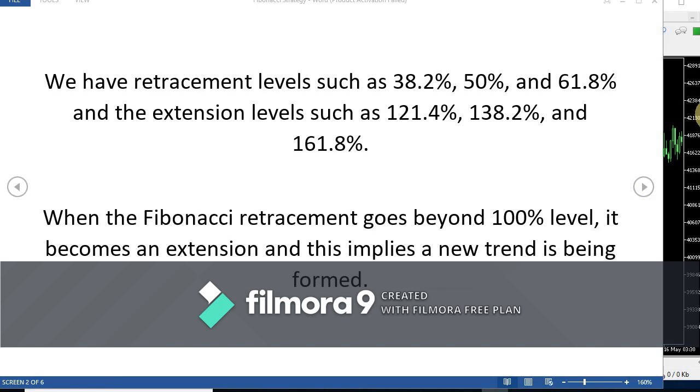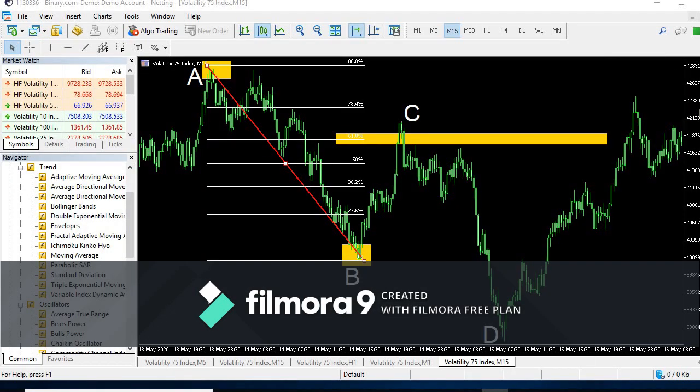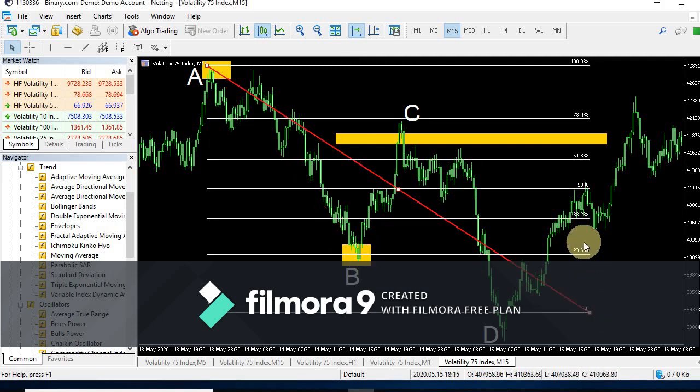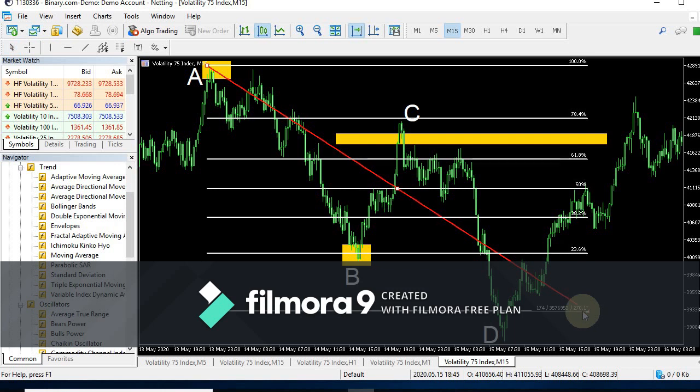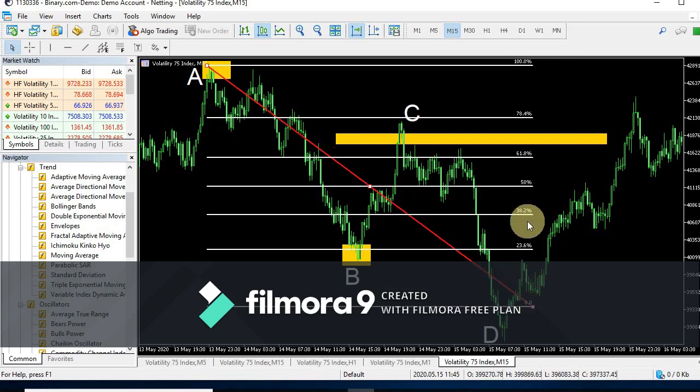Let's go back to the chart. These are the Fibonacci levels. This is the 38.2%. This is the 50%. It's 61.8%. We also have 78.4%. Then the 100% Fibonacci level. Then the extension, we have 138.2%,